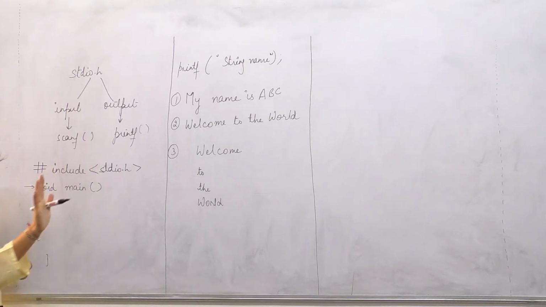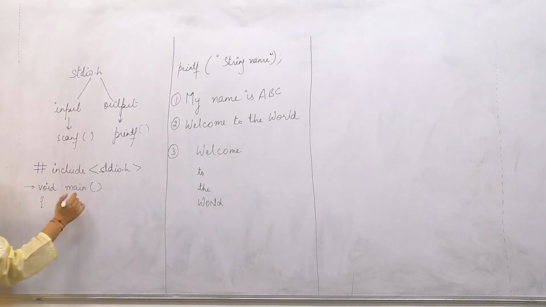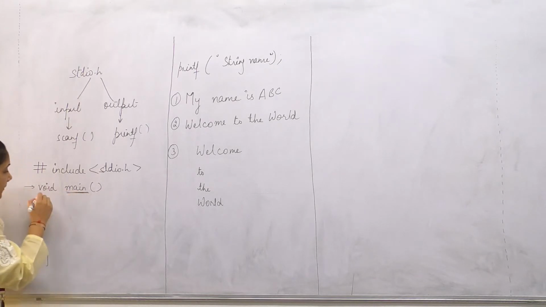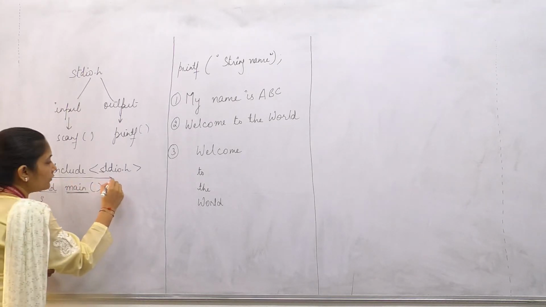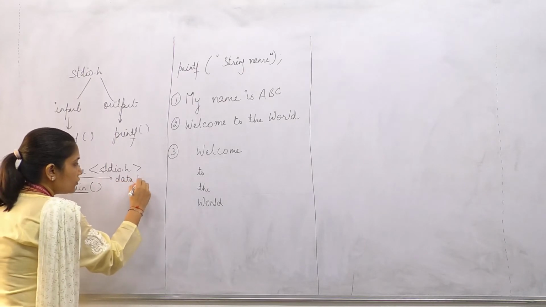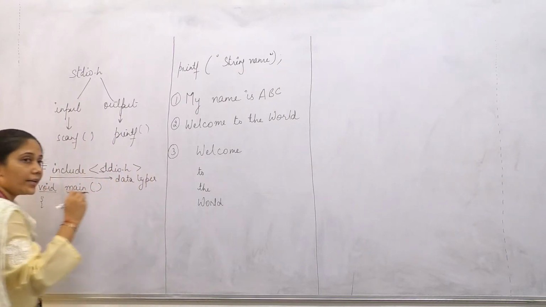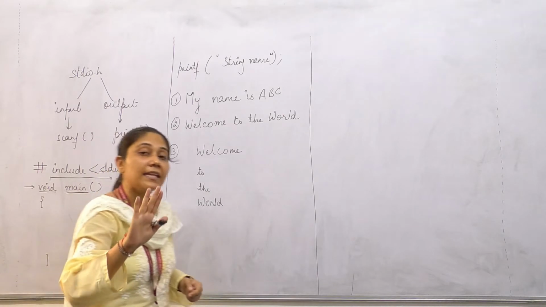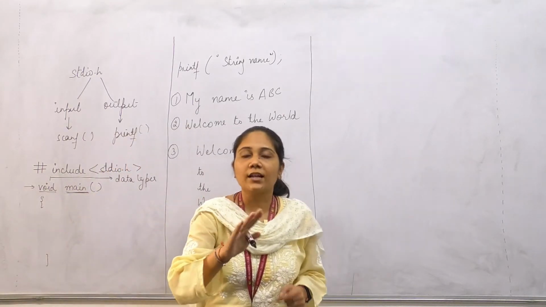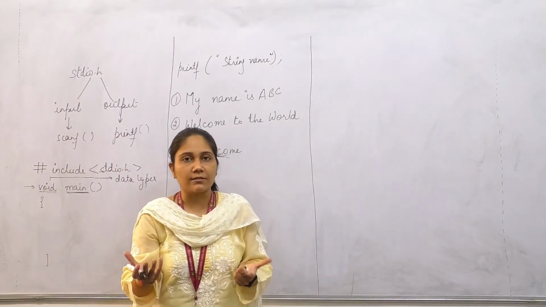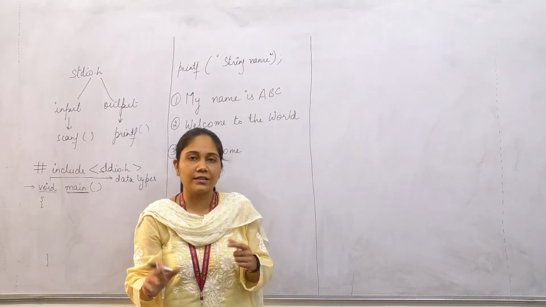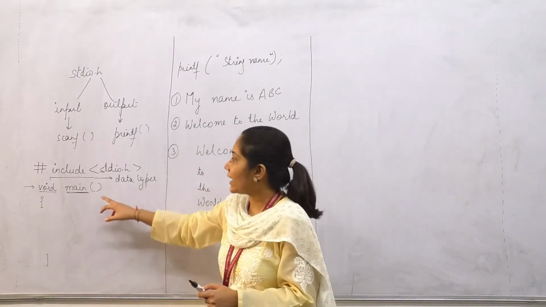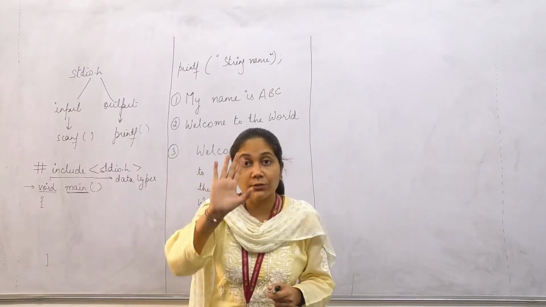This is not part of the compilation. Compilation will start from here. So the function name is main. Void is the data type. We have discussed data types, right? Void will not return any value. Void contains no value because void means empty. Empty means 0, so it shows that main will never contain a value.